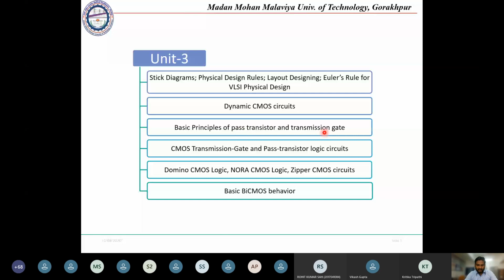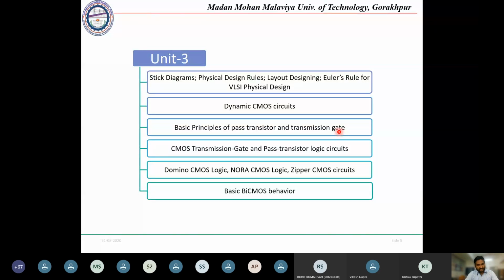So there are different logic styles. Suppose we design an inverter by using CMOS, by using pass transistor, and by using transmission gates. These designs will have some power dissipation and some delay, and based on that, we will compare which of these three is more efficient.